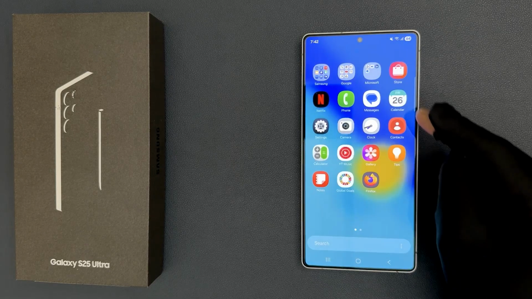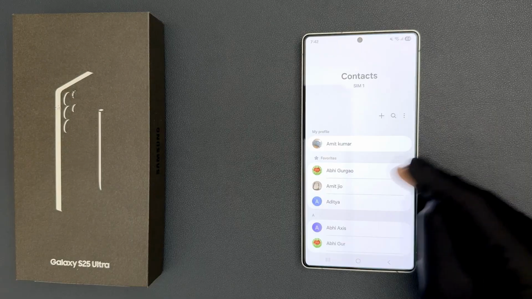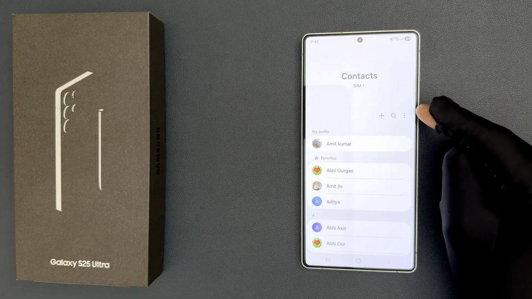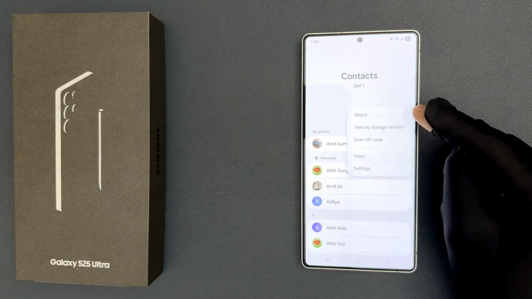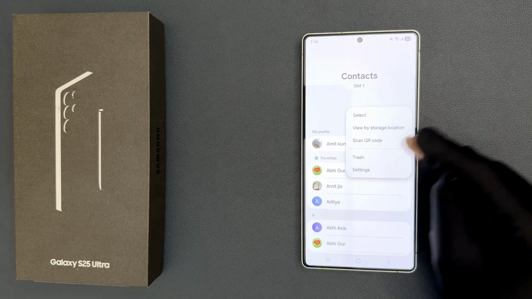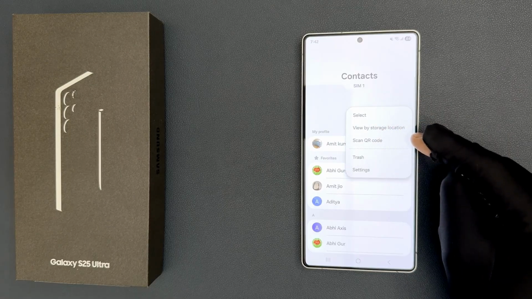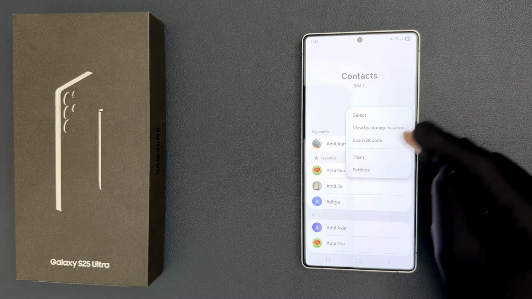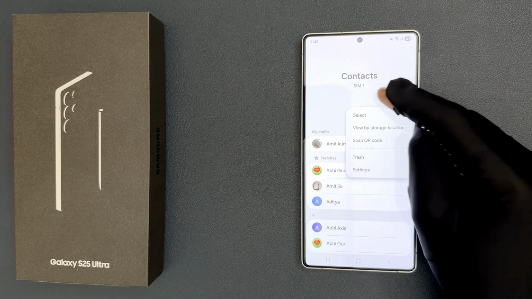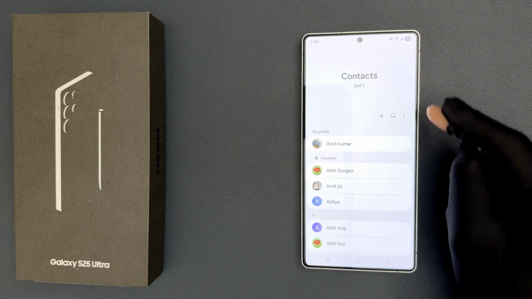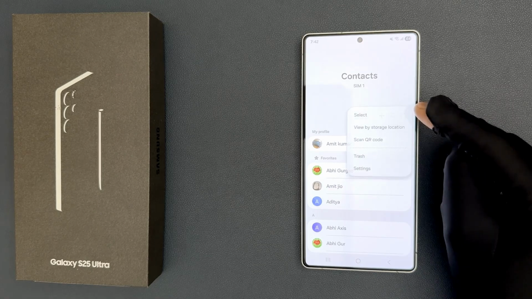So if I open my Contacts app, you can see it's now opened, and if I tap on three vertical dots over here, you can see I have this pop-up opened, and on this pop-up I can't find reorder favorites option. So to fix it, just open your Contacts app and then tap on three vertical dots